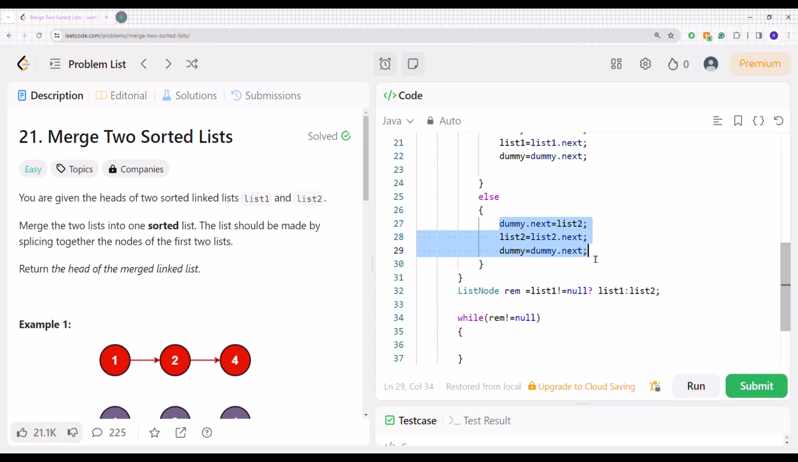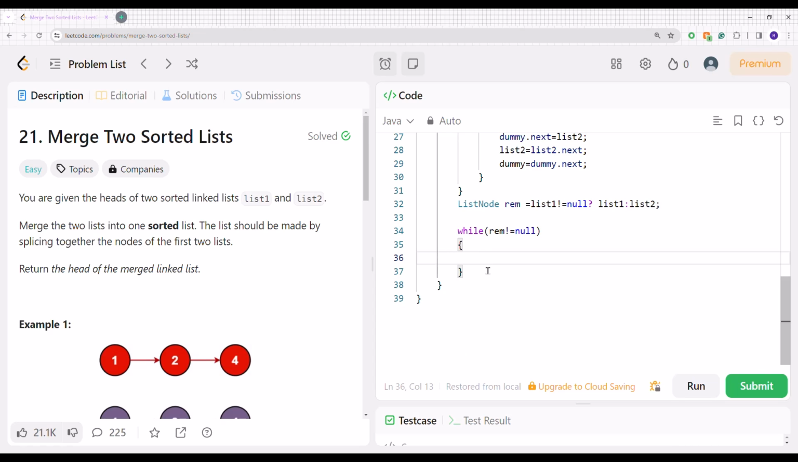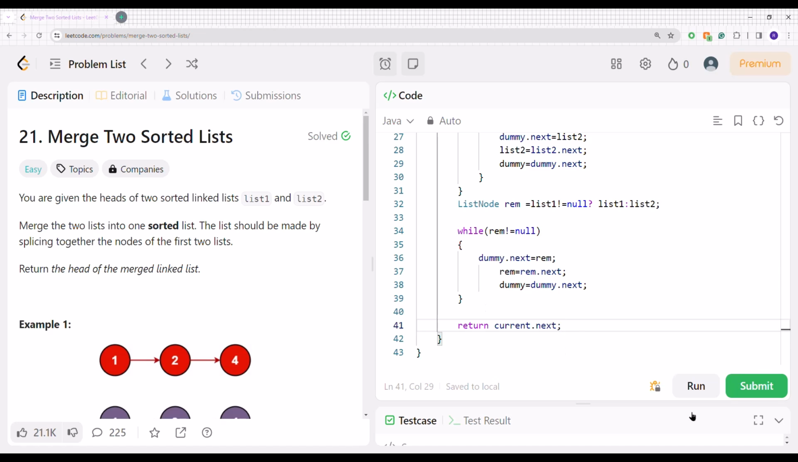We'll copy this, Control C, Control V. dummy.next will become this thing. rem is equal to rem.next, and dummy will become dummy.next, and we have to return current.next. Let's try to run the program